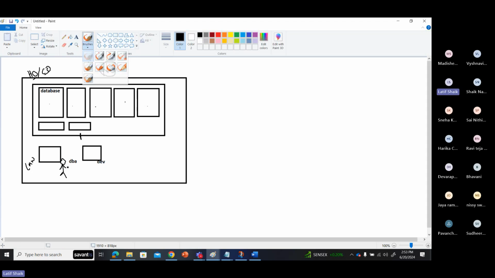This person has to connect. For example, this DBA wants to connect to this database server.